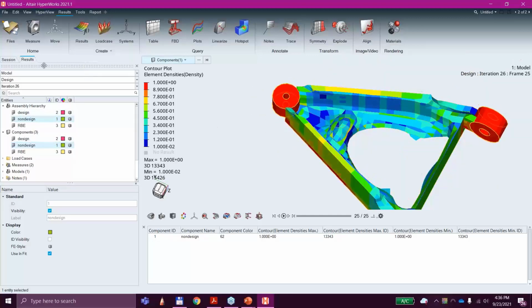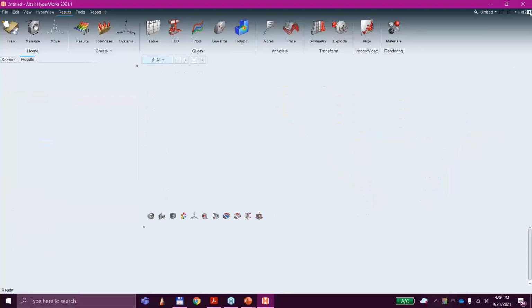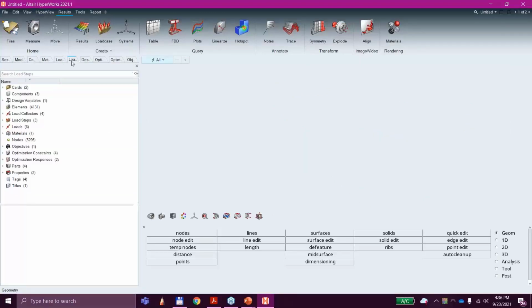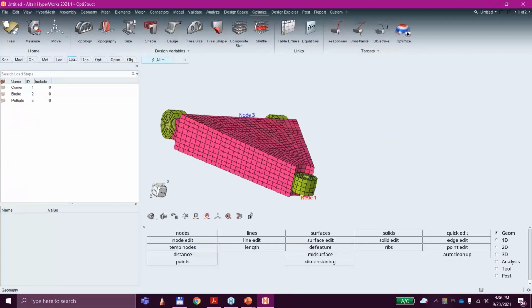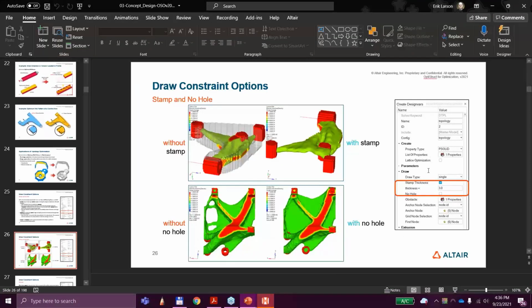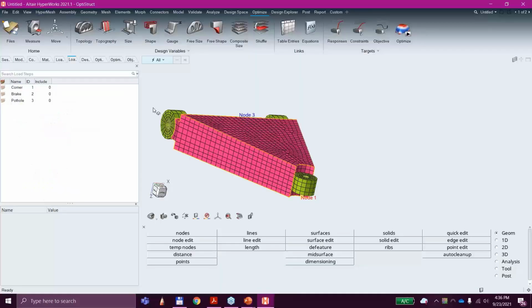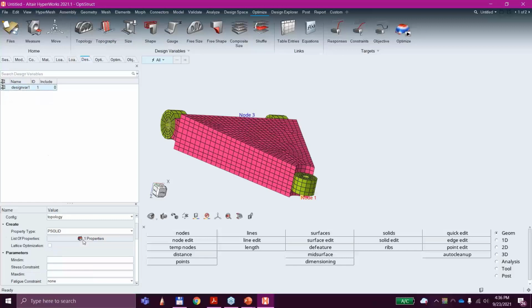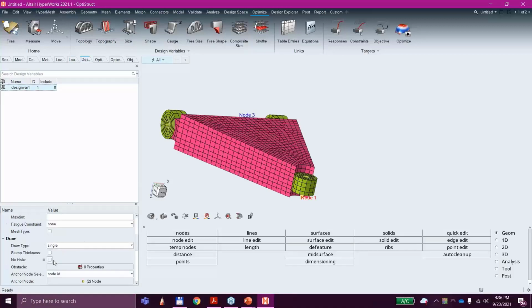If I were to come back here, you see how there's a big hole in here. Remember the hole, no hole here. There we go. If I come back to my design variable and select this and come down and pick no hole,